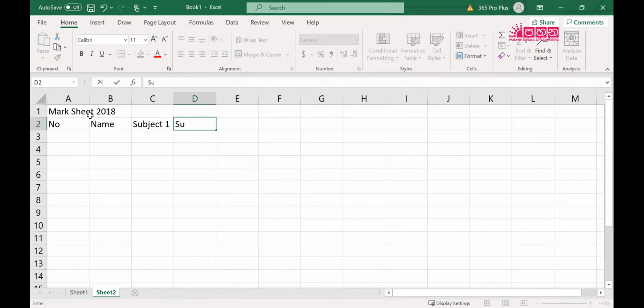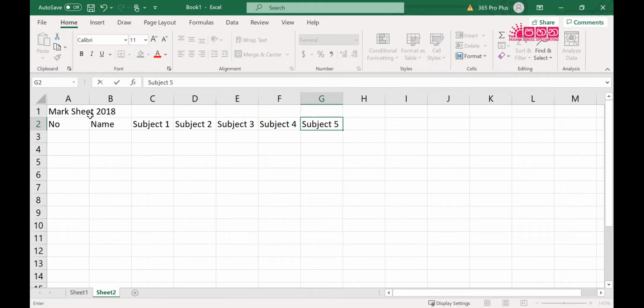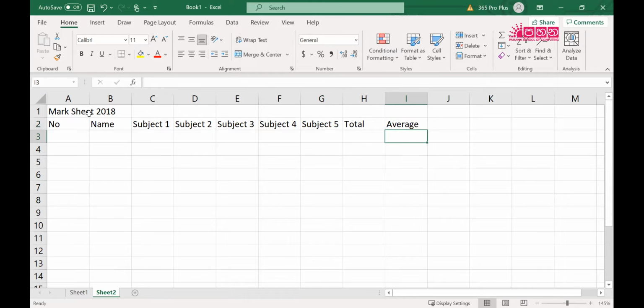First of all, you better type it. Subject 3, subject 4, subject 5. Then we have total and finally average. Right, text formatting I will discuss.